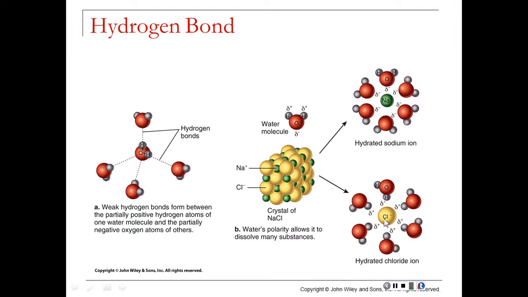sides, maybe being attracted to specific anions or cations in this situation. Notice the oxygen is going to point towards our sodium, and the hydrogens are going to point towards our chlorine, because positive and negative charges attract, like charges repel. So our positive hydrogens are going to like the negative chlorine, and our negative oxygens are going to like our positive sodium. So they're going to surround the sodium and chlorine differently, which is why salt dissolves so nicely in